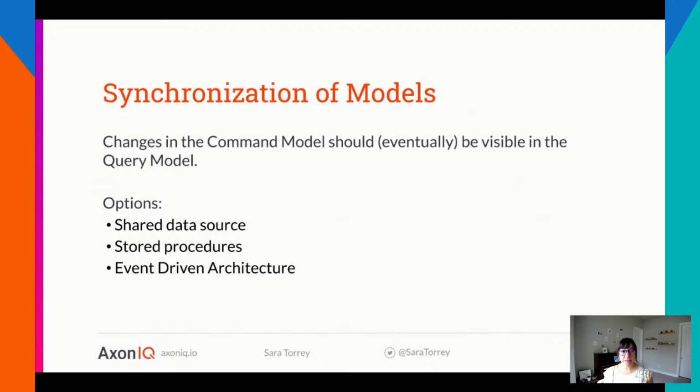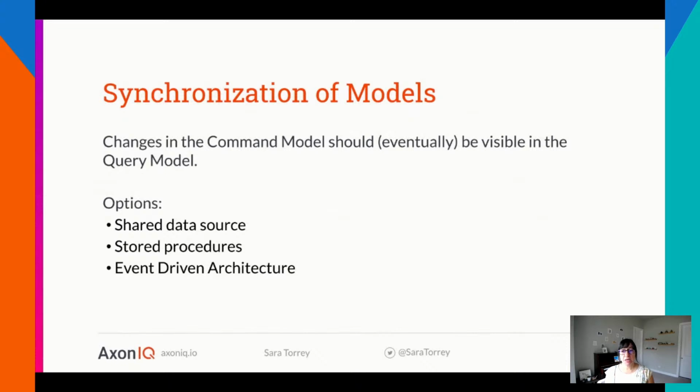And for this, we can look at three different approaches. One is a shared data source, which means you use the same database with persistent views. But this pulls the problem back into the data source layer. So not great. Or you could also use stored procedures on your database, so changes on one table trigger changes on other views and tables. But this also brings back the notion of interconnecting tables, right? Now you're making a lot of connections between tables, and we lose that denormalized data that we like to have because we want to be efficient.